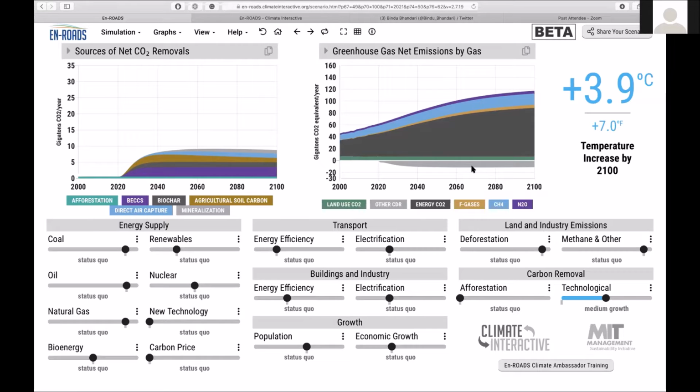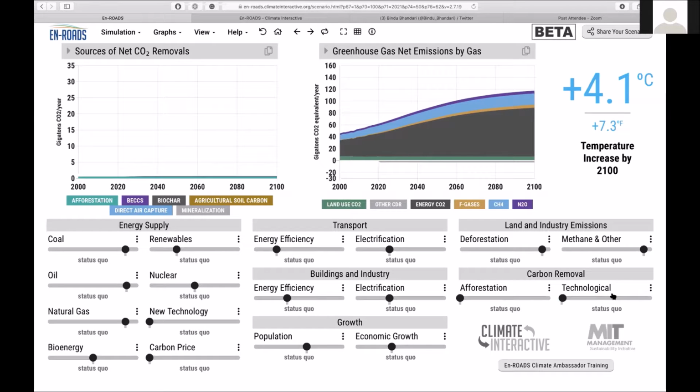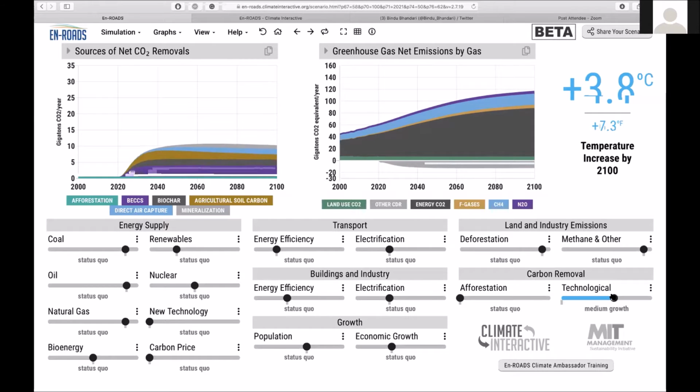You of course need a lot of seeds to plant a garden, which means a lot of different actions are needed to achieve what we envisioned during the Paris Agreement, that is limiting warming to well below 2 degrees Celsius. Technological carbon removal helps, large-scale carbon dioxide removal helps, but this is not the magical solution, and there are a lot of points to be considered in terms of equity.